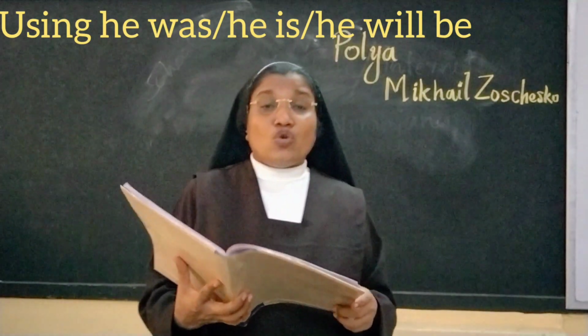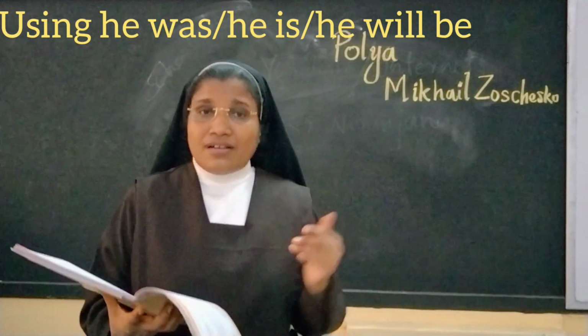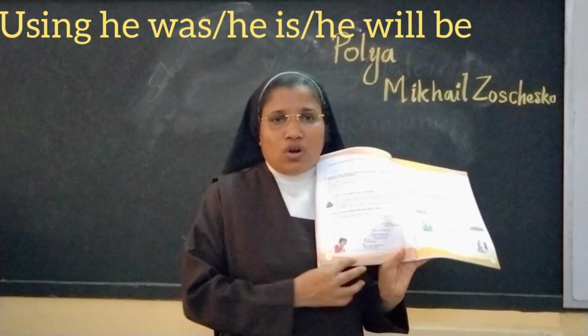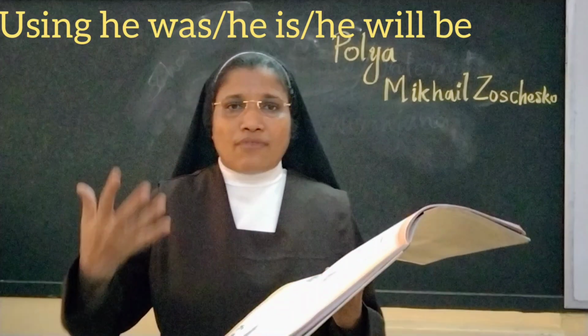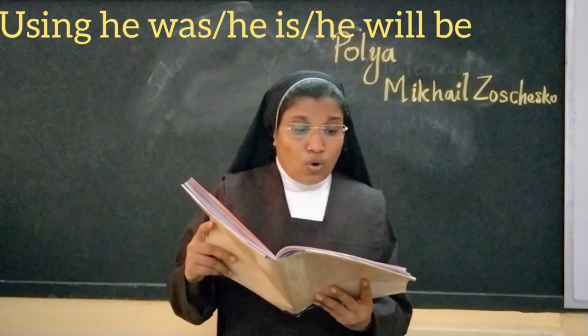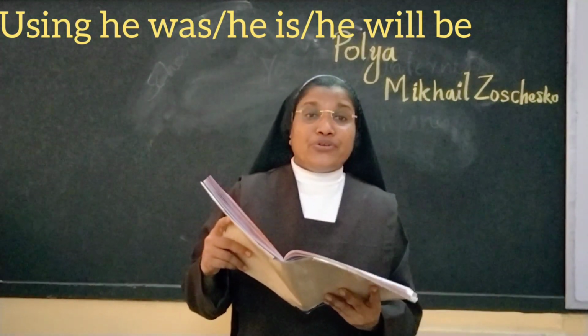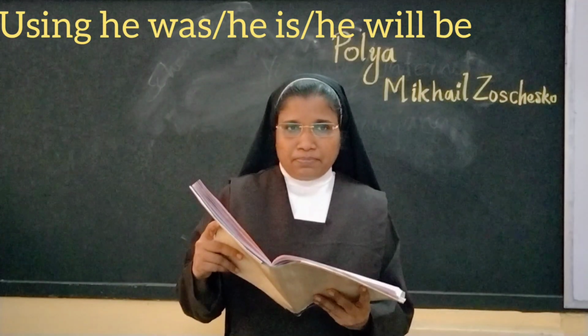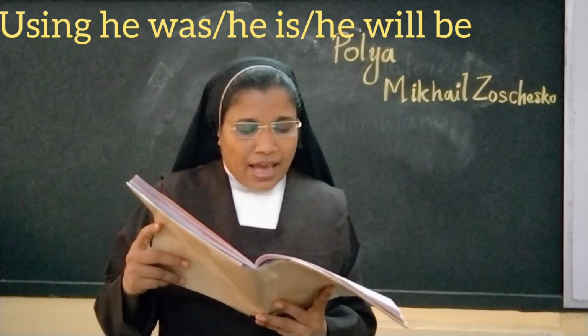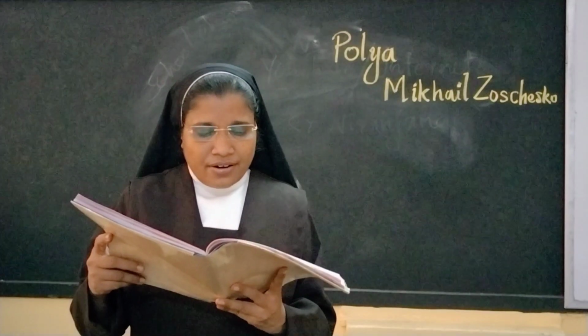Now you may examine the tour chart of Arif. It is given in the textbook. Arif is traveling through India. So the tour trip is given here. After that you have to make it into a sentence or paragraph. 2 days ago, Arif went to Thiruvananthapuram. 2 days ago means that it is a past thing. Then yesterday he reached Cochin, and after 1 hour he went to Malampuzha Dam.